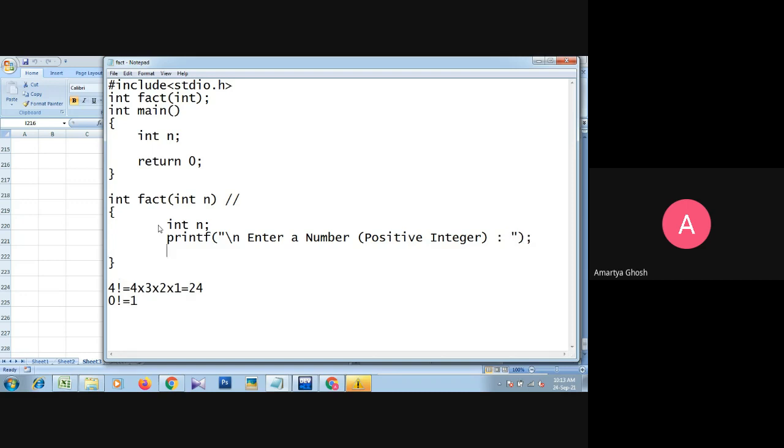Now we have to scan that value which is to be given by the user.